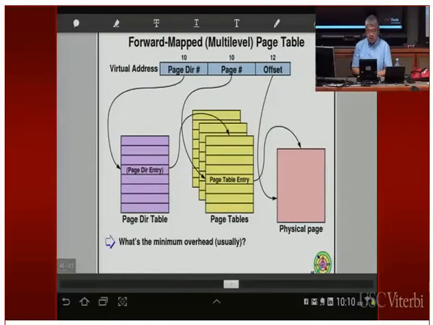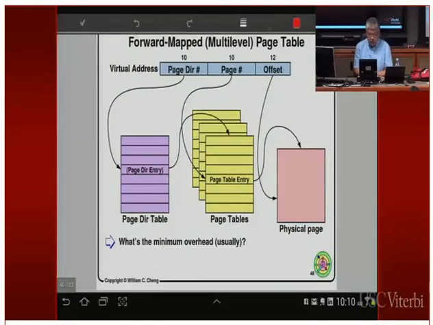This is what Intel does. Intel also uses a hierarchy. This is the forward map page table, also called multi-level, because they take the virtual address and chop it into 3 parts, one more than the basic page table. In this case, the 20 bits that were here before get divided into 2 parts. Intel still uses 4 kilobyte pages, so in the end,